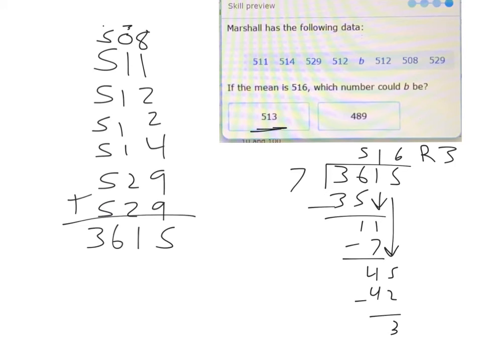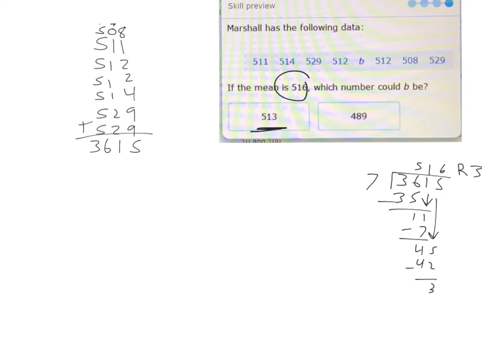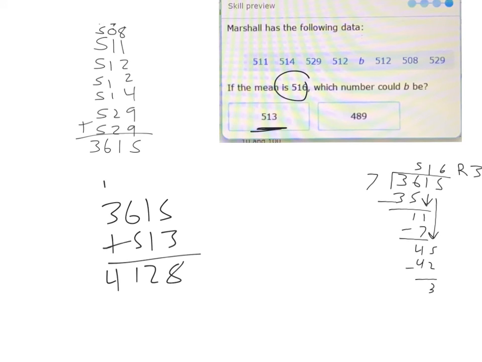So I think adding in 513 would make it even. I think that would bring it to 516. I think if we threw in 489, it would bring that average down too far. So let's go ahead and try adding in 513 to our total here. So I'm just going to go 3,615 plus 513, 8, 2, 11, 4. So now I'm going to go